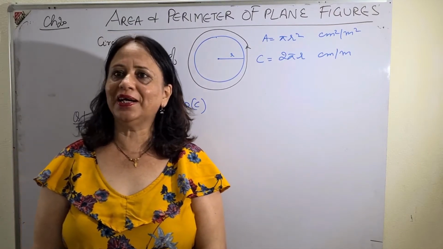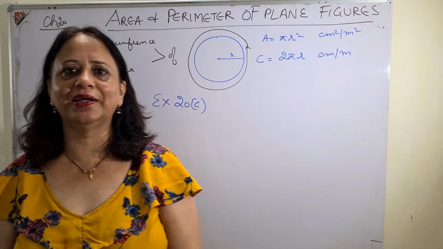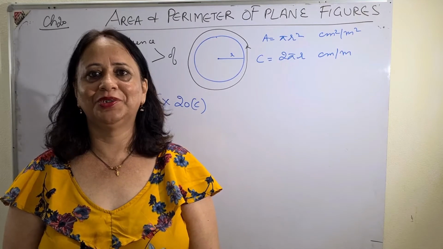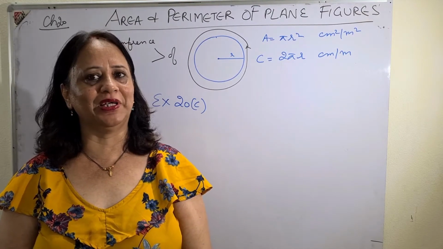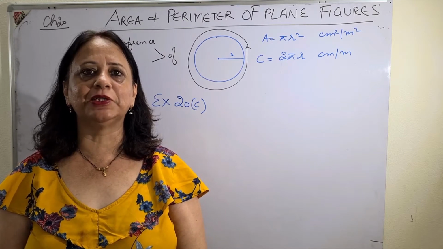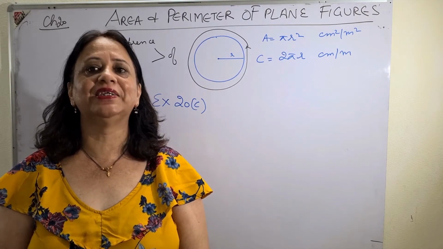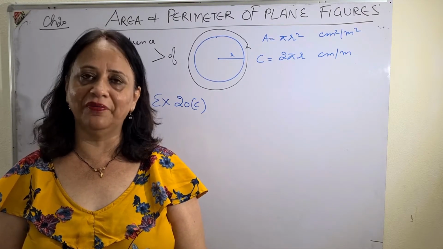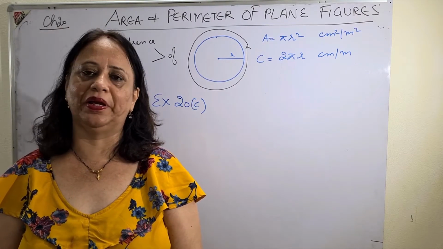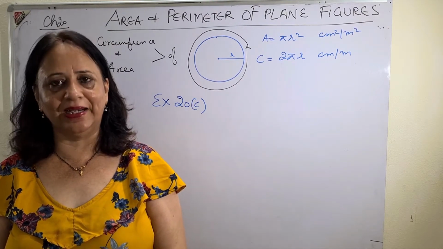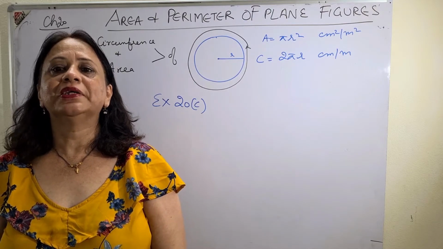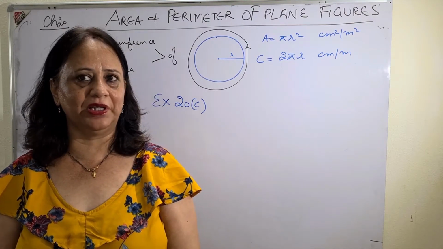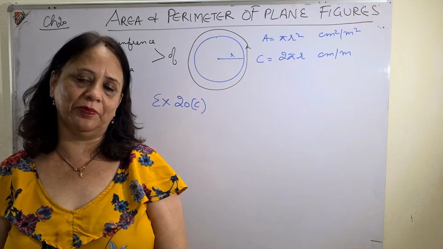Okay, before I start, let me give you one good news that exercise 20B has been reduced from your syllabus for this year. So now we will directly move to exercise 20C, and 20C is based on circumference and area of the circle. I know this is also not very new for you, as you have done very simple sums on this topic, but now being in 9th standard, I am going to discuss some more sums on this topic. The language is a little difficult, but after I make you understand, it will be very easy for you. I promise that to you.